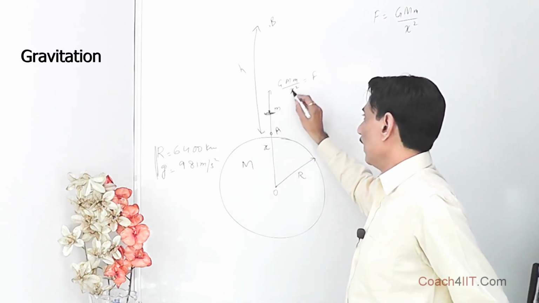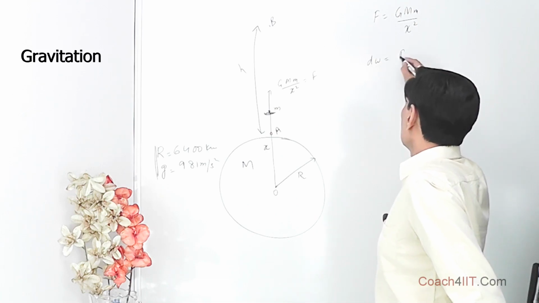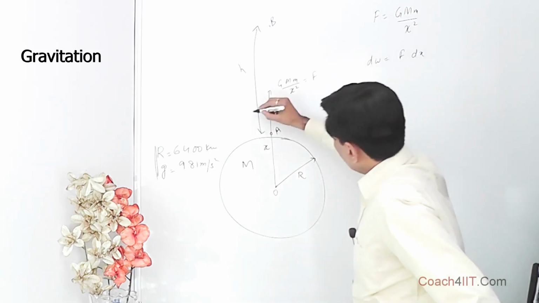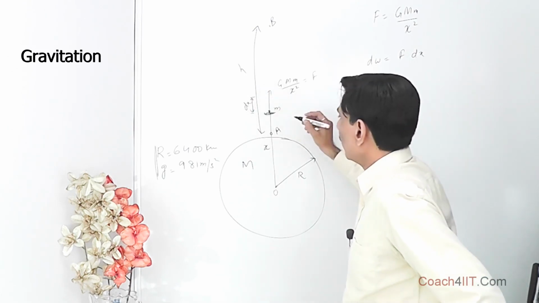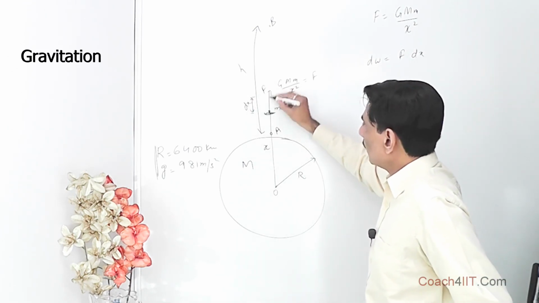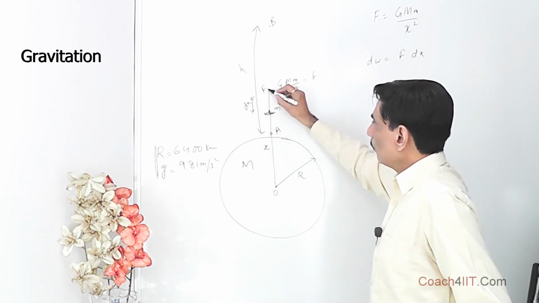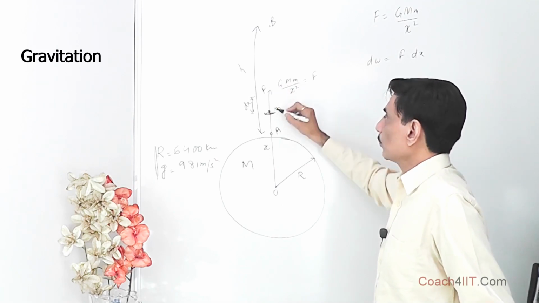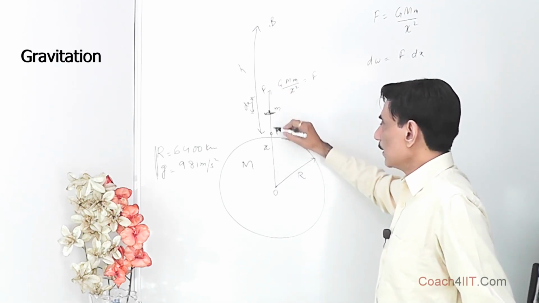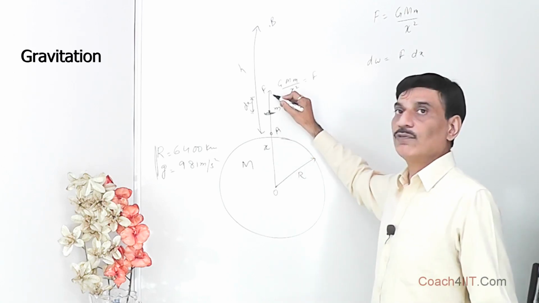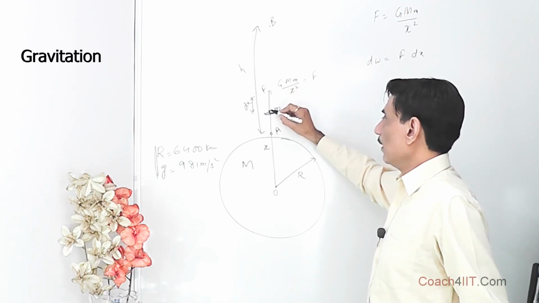So at any distance x we find the force, then we find the small work which we need to do for a small displacement in this direction. The force is in the upward direction. We are finding the work of this force, so we are not bothered about the force the earth is applying. This force GMm upon x square is being used to find what force we have to apply. So we have to apply this force, we are doing the work,